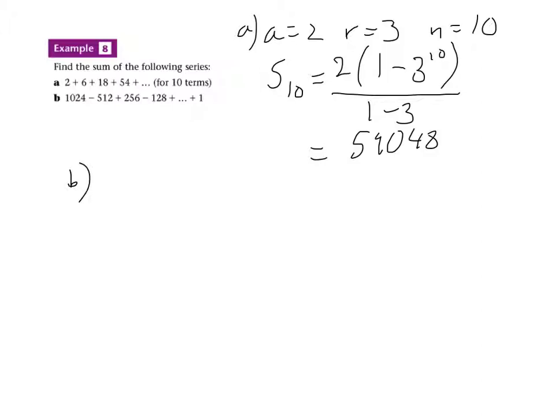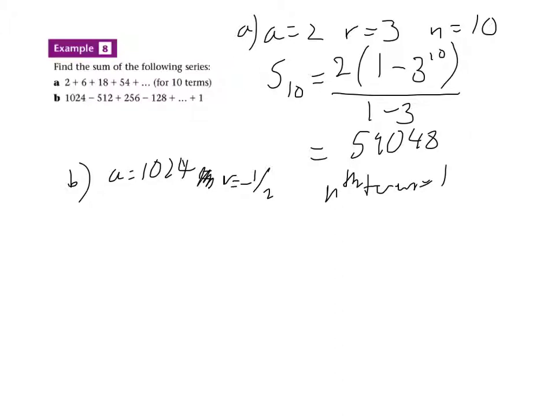In the second question, the first thing is we don't know what value n is. We know, to start off with, that a is 1024. We also know that r, the common ratio, is not just a half, okay, but it's actually a negative half, because it's going positive, negative, positive, negative, positive, negative. Now, let's think about this carefully. So we know the nth term